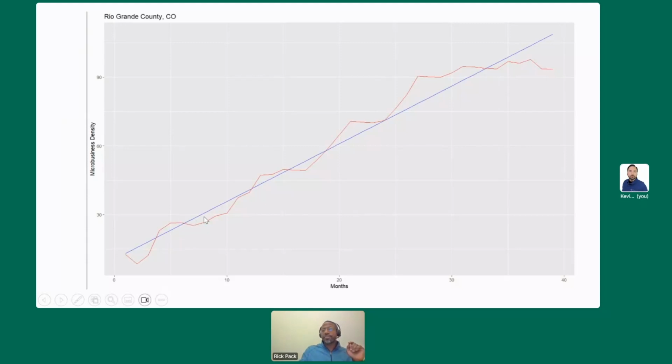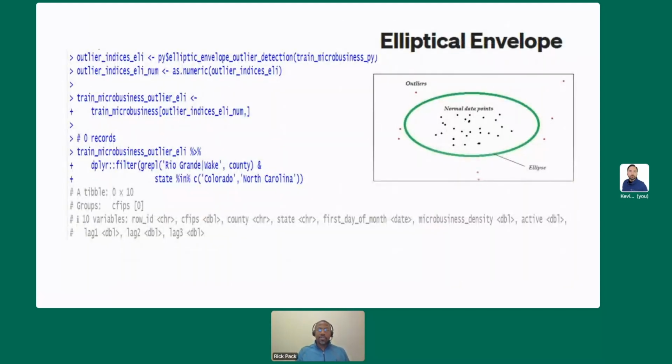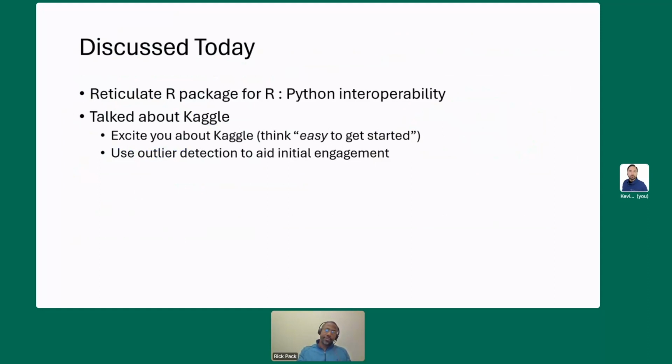on the curve. So it is actually kind of interesting that along this curve across all the counties, starting after the first few months where we can get data, this stabilization was not interesting. So there may be quite a few counties that are stable in that way. Regardless, you could then use this technique to find what are actually outliers in multivariate space and go from there. So what we've done today is we've talked about using R and Python